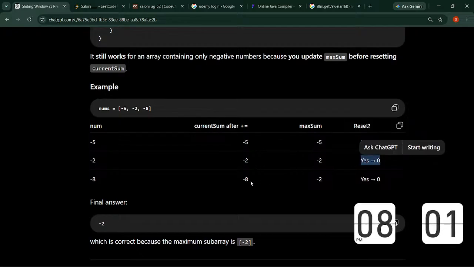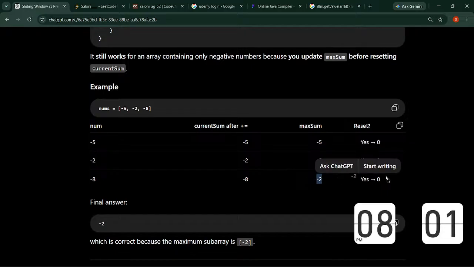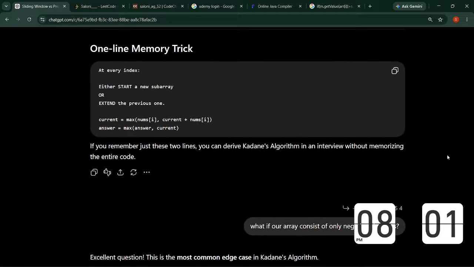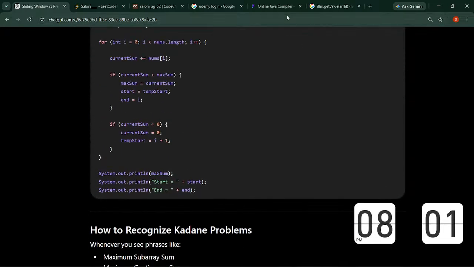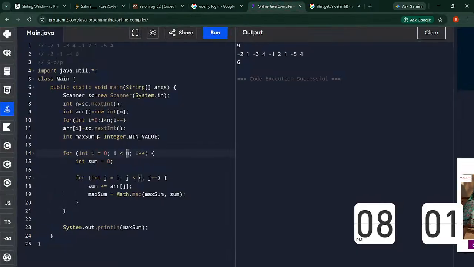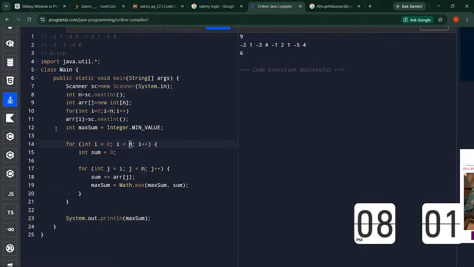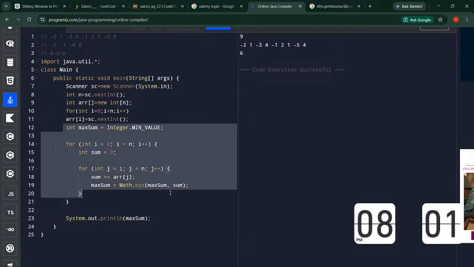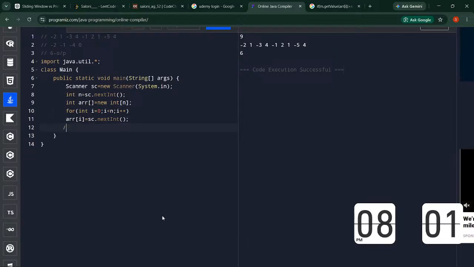-2। ओके, हम अपना मैक्स सम स्टोर करने के पहले रिसेट, बिकॉज यू अपडेट मैक्स सम बिफोर रीसेटिंग करेंट सम, हम मैक्स सम को रीसेट करने से पहले स्टोर कर ले रहे हैं, तो ऑल नेगेटिव वाली कंडीशन भी वर्क कर जाएगी। ओके, आई थिंक दिस इज genius। I will comment out this part because I don't want to lose my brute force solution।